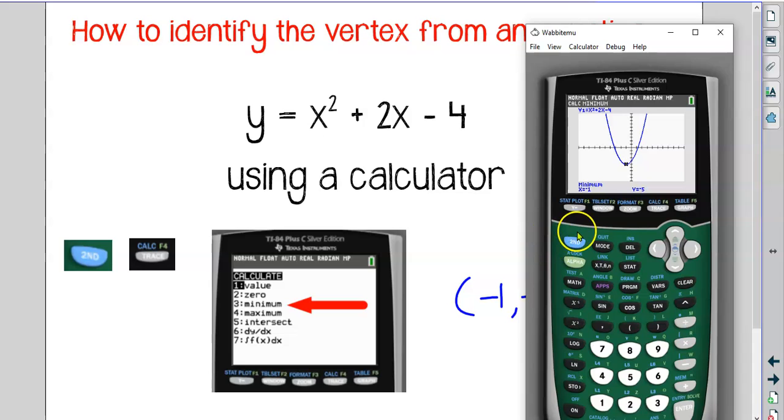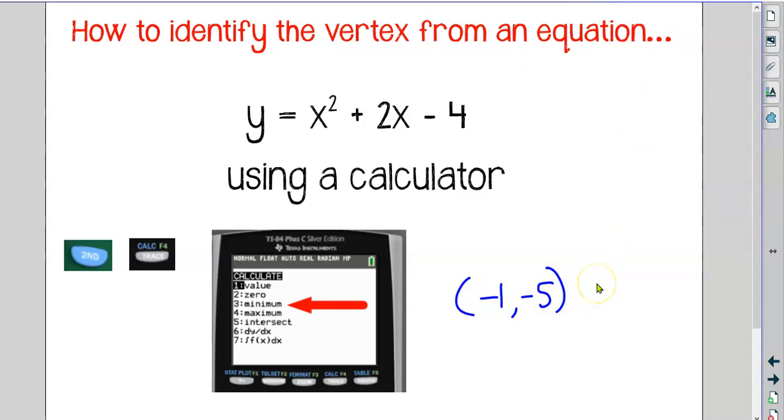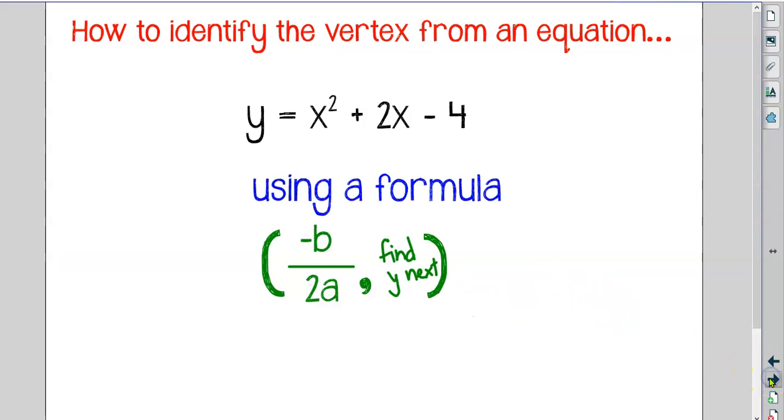And that's how you use your graphing calculator. Now let's say you're asked to find the vertex algebraically, which means you can't use your calculator. Well, this is how you would do it. You would use the formula -b/2a. That's it. If you can identify the b value and the a value, then you can find the x value